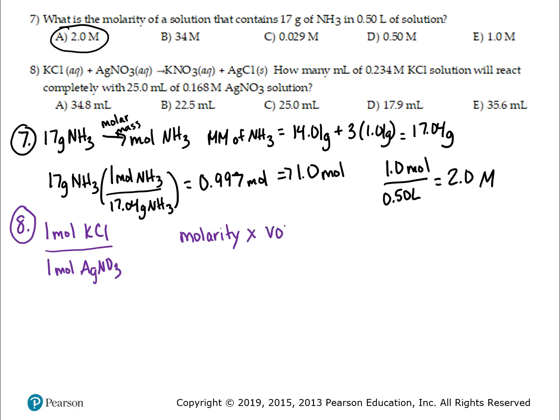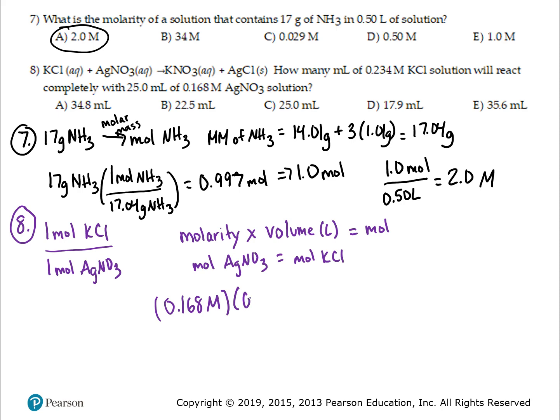If you take molarity and you multiply by the volume in liters, that gives you the number of moles. And if we're saying the moles of silver nitrate have to equal the moles of the potassium chloride, then we're saying the molarity times the volume, which remember, we have to use liters here. So 25 milliliters is 0.025 liters. That's our moles